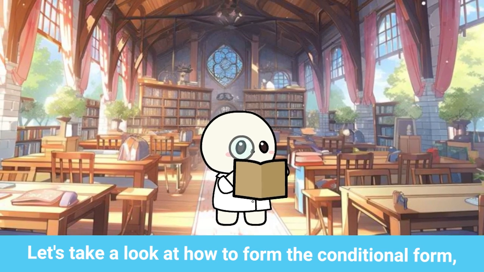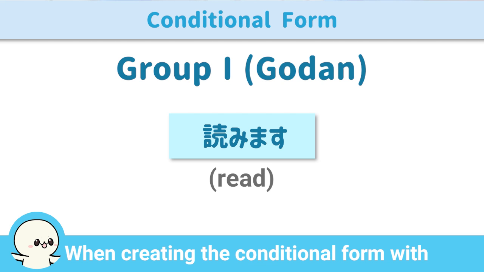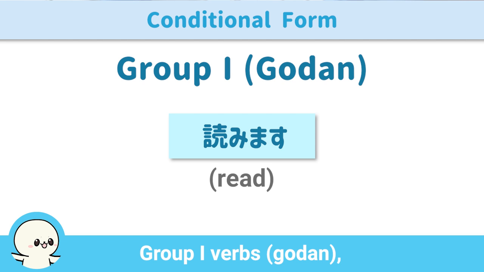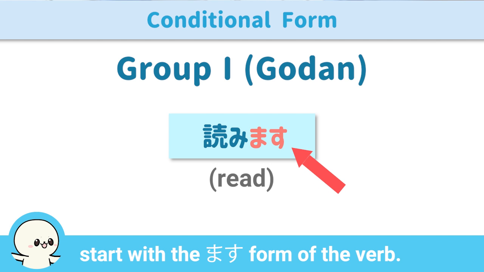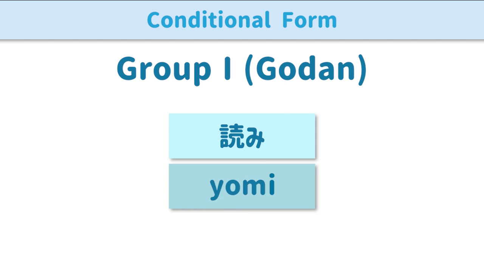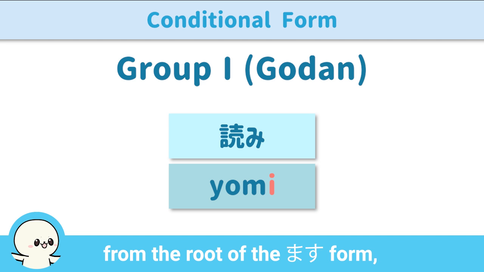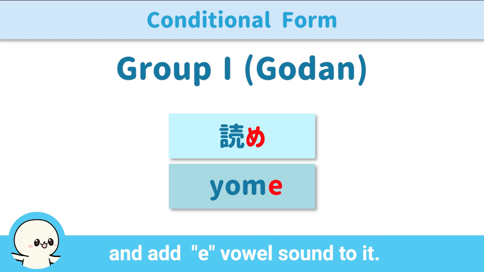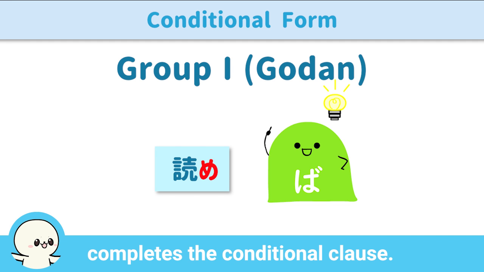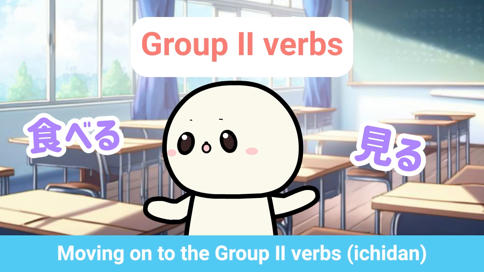Let's take a look at how to form the conditional form, starting with group 1 verbs. When creating the conditional form with group 1 verbs, start with the masu form of the verb. Then drop the masu ending. Next, remove the final I vowel sound from the root of masu form and add E vowel sound to it. Adding ば at the end completes the conditional clause. これを読めばわかります。